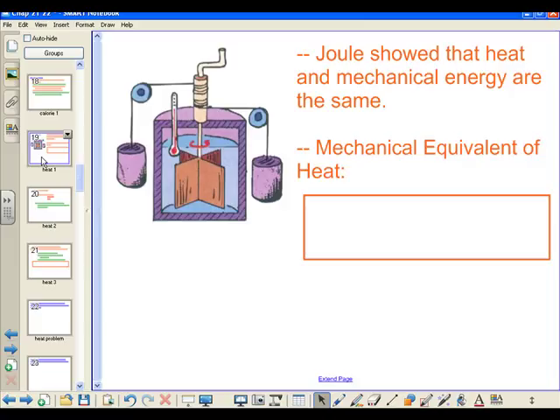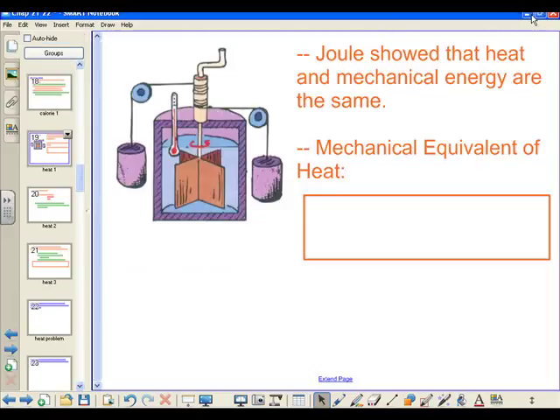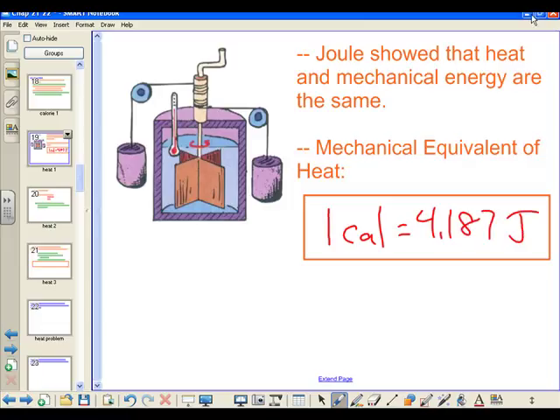Specifically, he was working with heat and mechanical energy, but after this, we can say all energy is the same. We're just going from one form to another. And now we have what we call the mechanical equivalent of heat. 1 calorie equals 4.187 joules. In other words, 1 calorie, which is thermal energy, is equal to 4.187